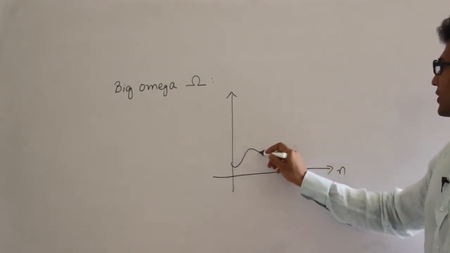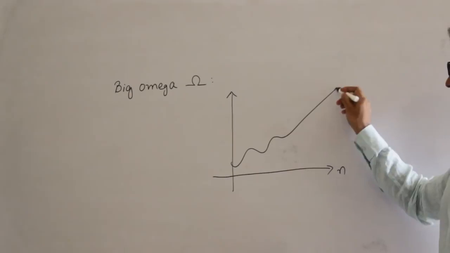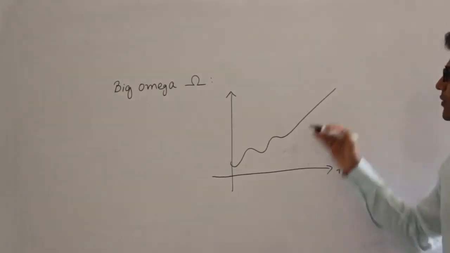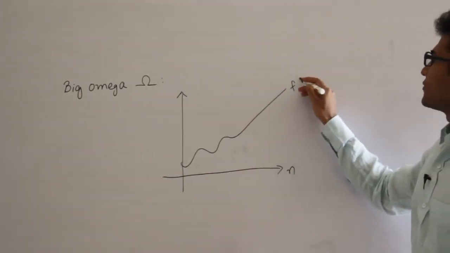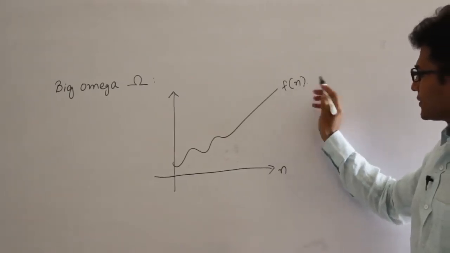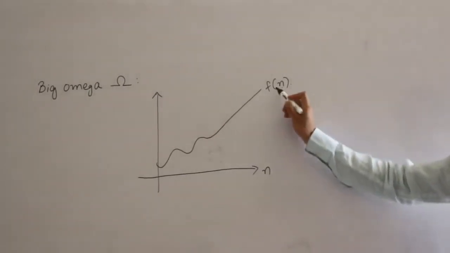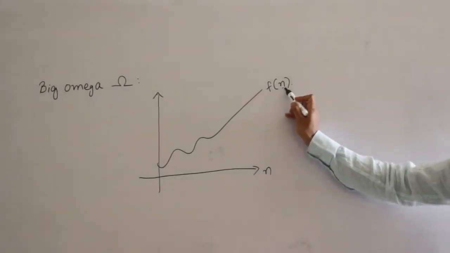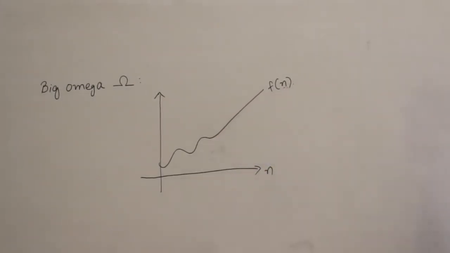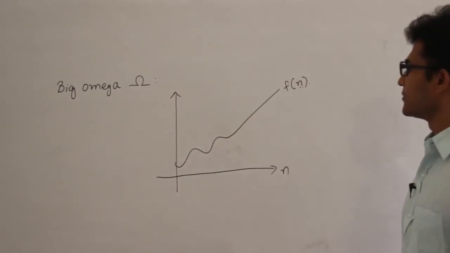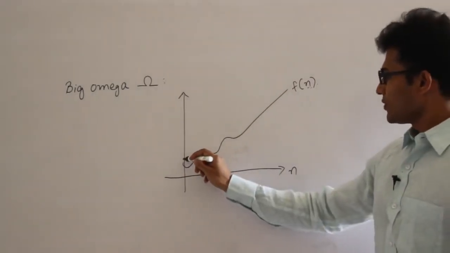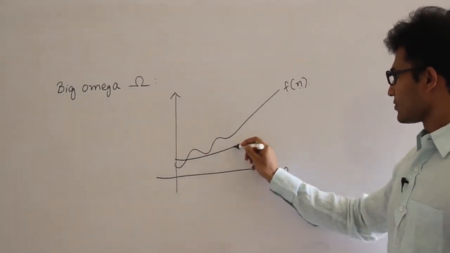And now you want to give a lower bound for this. Let us say this is f of n, where n is nothing but the number of inputs. As the size of the input is increasing, the function is like this for some algorithm. And now if I give a lower bound for this,